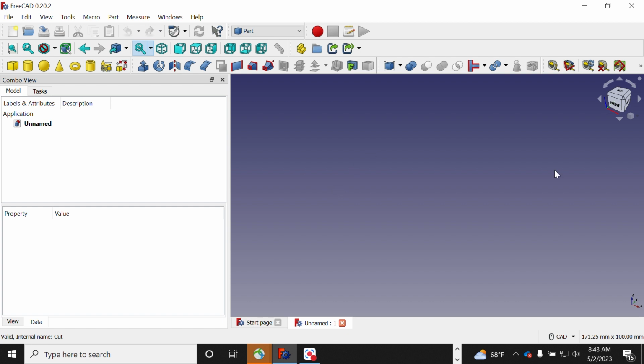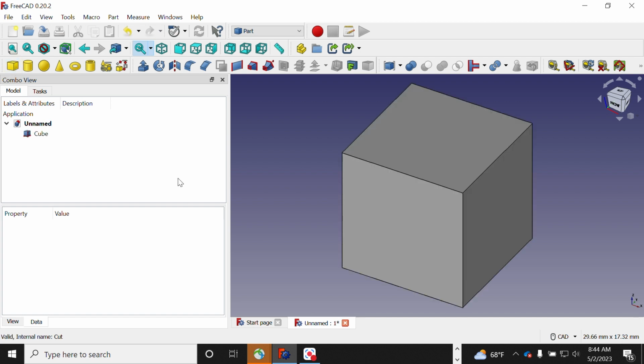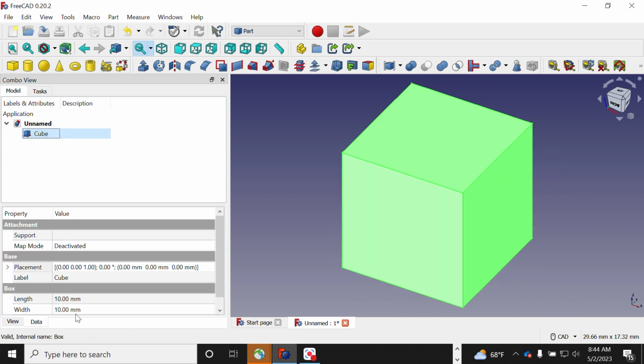Regular shapes are cubes, cylinders, pyramids, etc. There are many ways to build a part, but usually starting from regular shapes is the most convenient one. So let's go ahead and build a cube where we can change the dimensions from your data tab